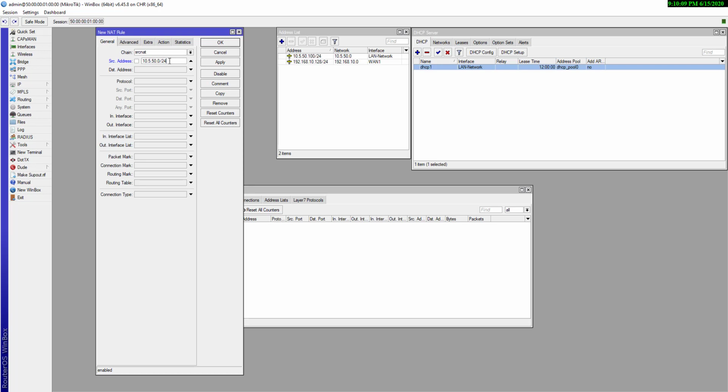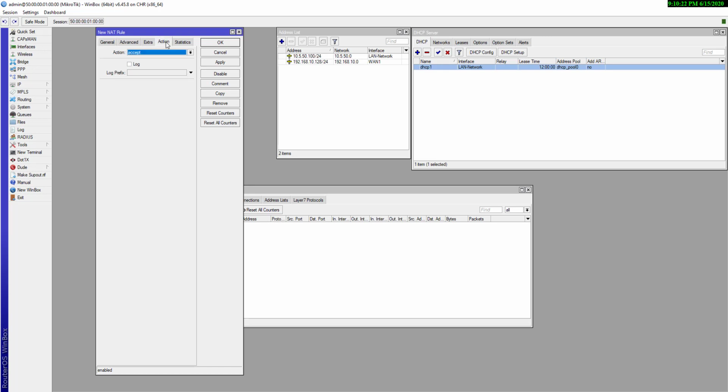Here you are defining that this is our source pool. If you get any IP address, you have to forward it on our internet connection, and just go on action and select here masquerade rule.